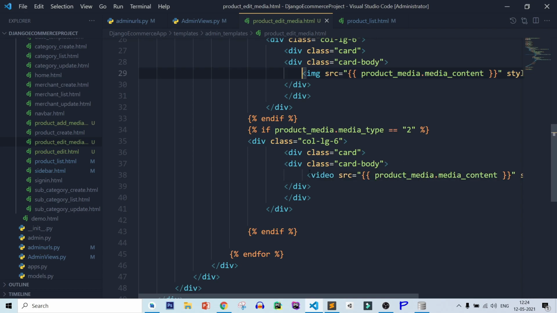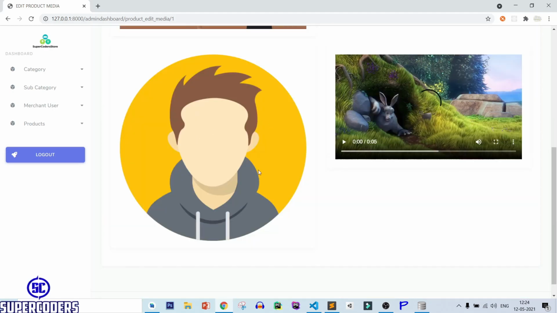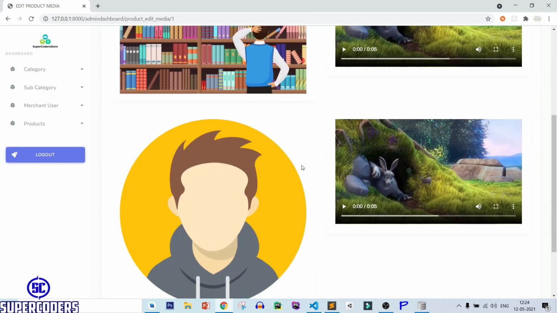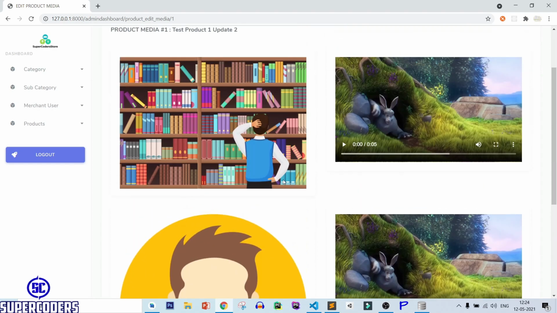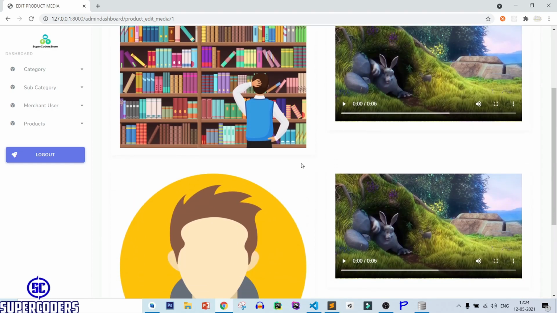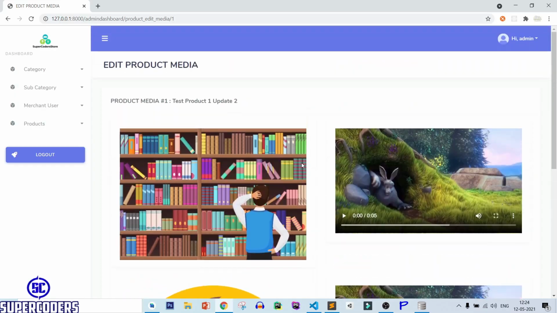Save this file, back to Chrome, refresh page, and you can see it is working perfectly, but its size is not fixed.